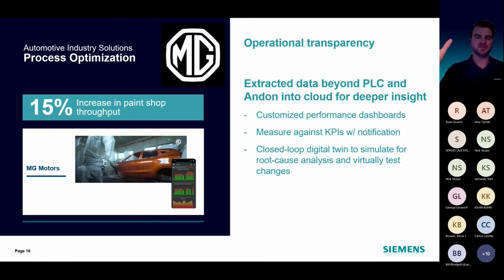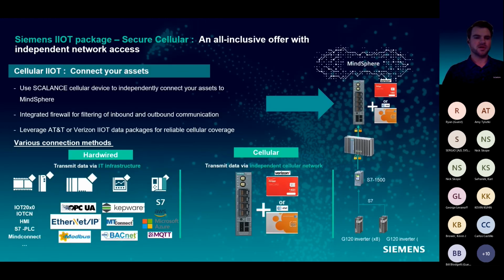They tested in the virtual world, implemented in the real world, 15% increase in throughput. So these are two examples. There are many more, and I'd be happy to share them if you would like to discuss this further, myself